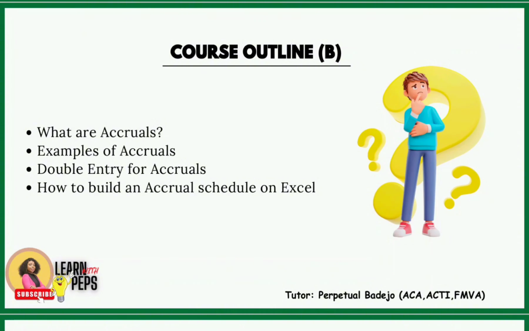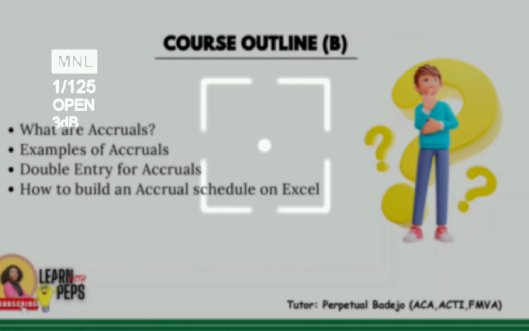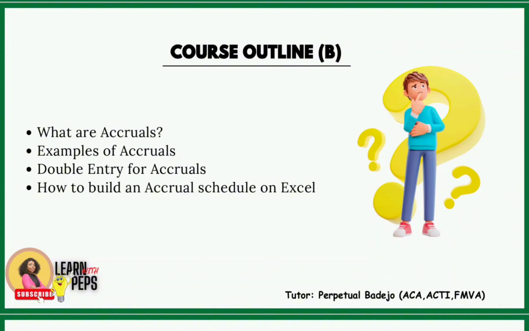So let me give you more detailed examples. Let's say for instance, in your company where you work, you pay your rent at the end of every year. So the rent for 2024 we paid by December 2024. Now what some accountants would do is wait until December 2024 to recognize that rent in their books, because that is when they will record it. But if you are claiming that you are using accrual basis of accounting, what you should have done is this: the rent for